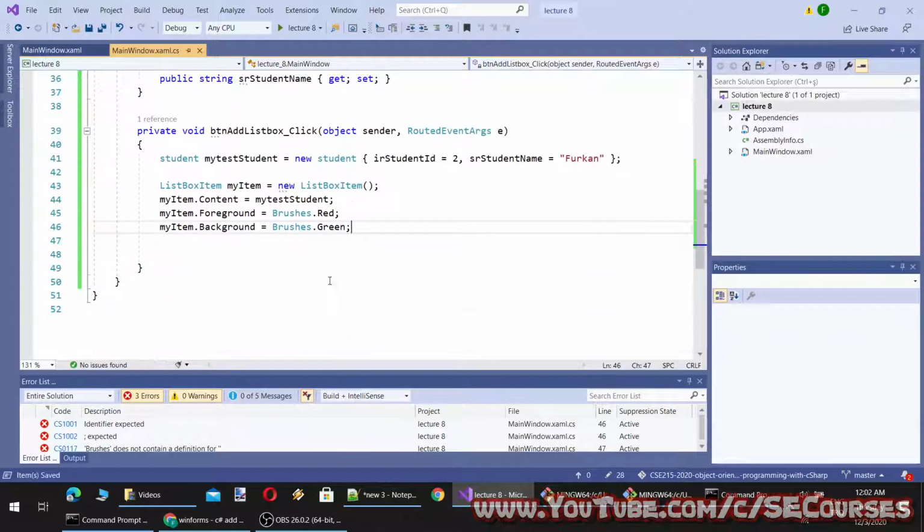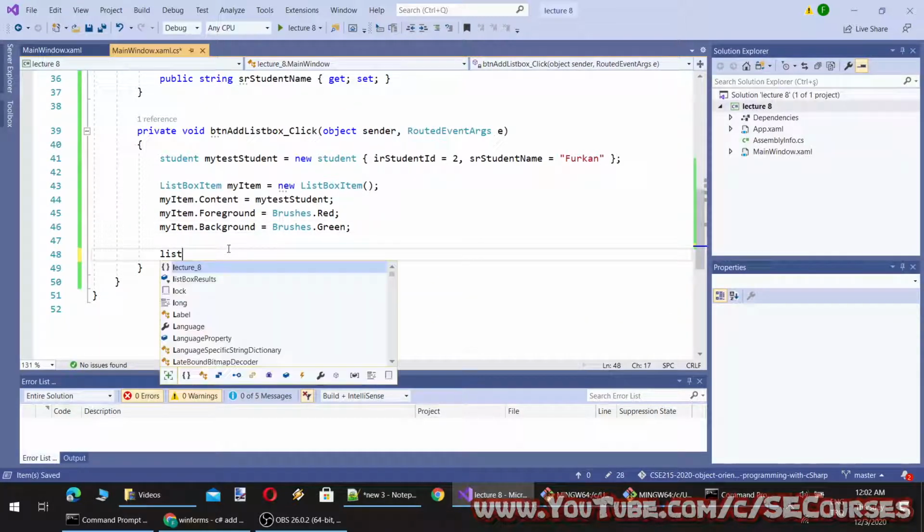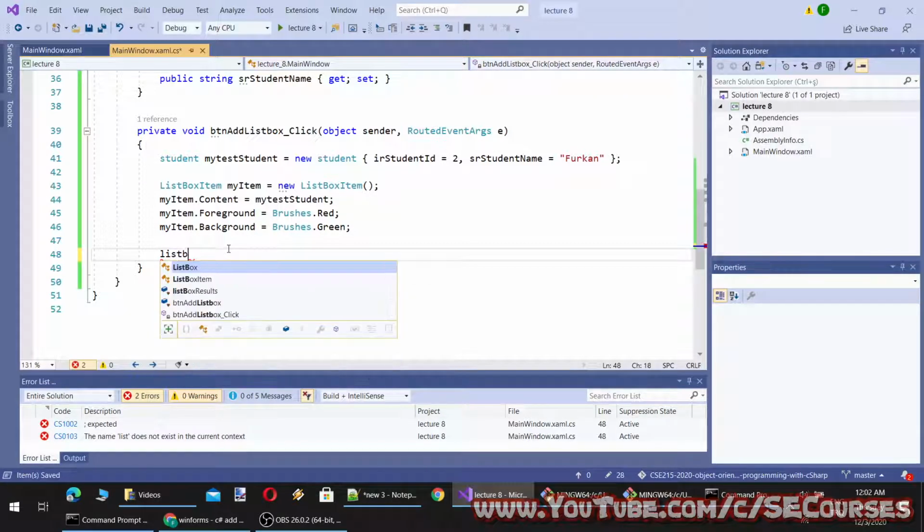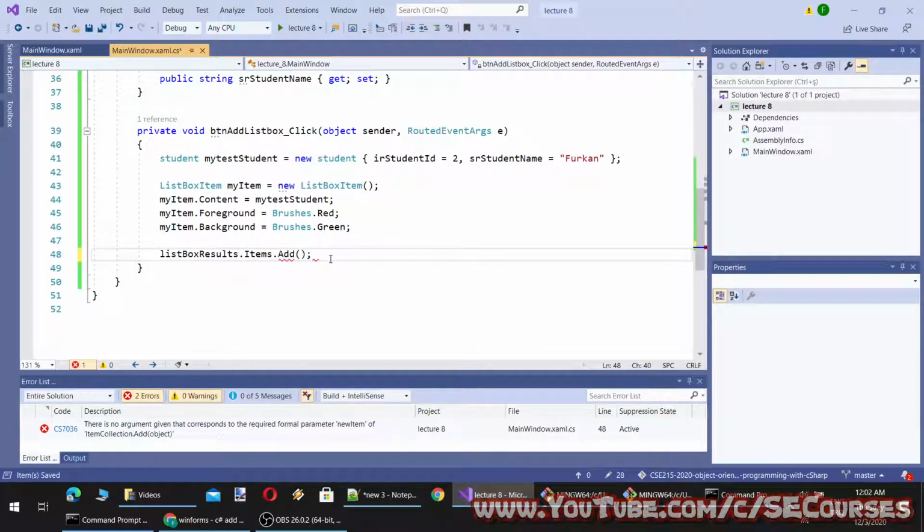Okay, and add this to our listbox. And you see I can add an object, and I'm adding this listbox item. Okay, and let's run our application.